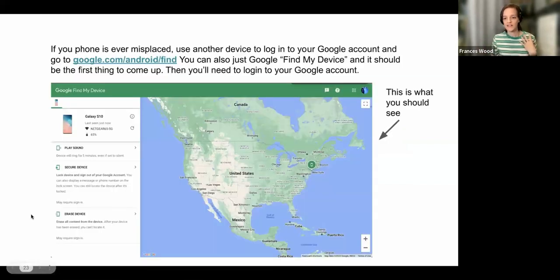So I need another device because obviously I don't have my phone. So let's say I use someone else's phone or a laptop or a tablet. So what you're going to do is sign into your Google account, the Google account that is associated with your phone. And then you're going to go to